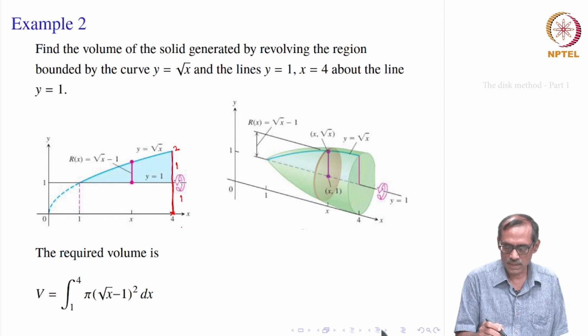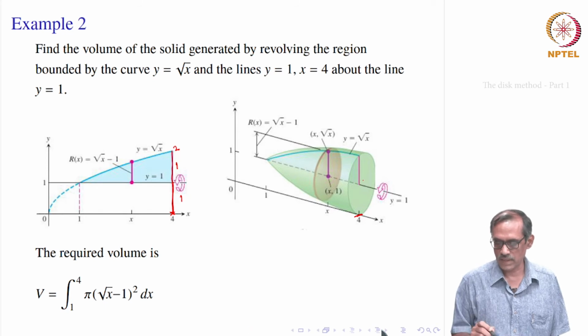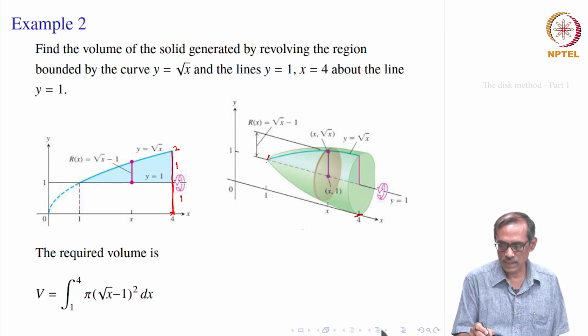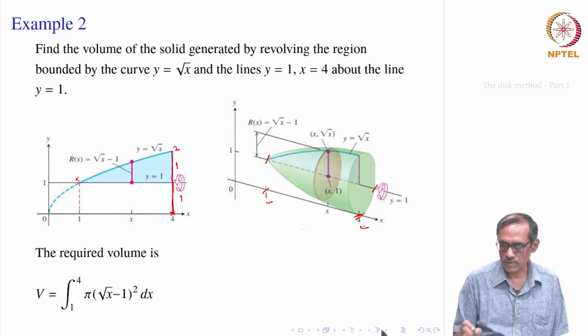Then once it is revolved around, it will touch the x axis as shown in the green picture here. Since it is revolving around y equal to 1, we must find out what the limits for this integration are. The integration is for x, on the x axis. At this point it is x equal to 4, and on the left side you have x equal to 1, because this is the point where it crosses the y axis and that height is y equal to 1. So x is also equal to 1 from this function y equal to root x. So the x limit is from 1 to 4.